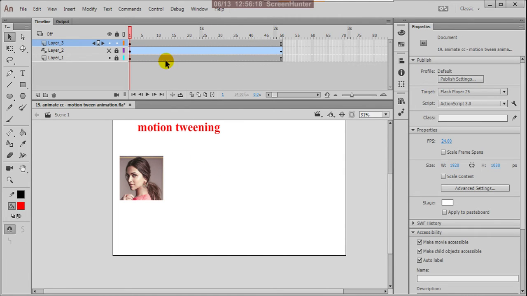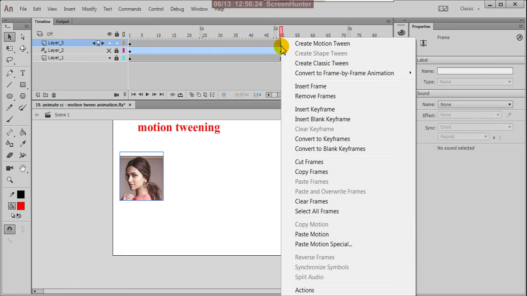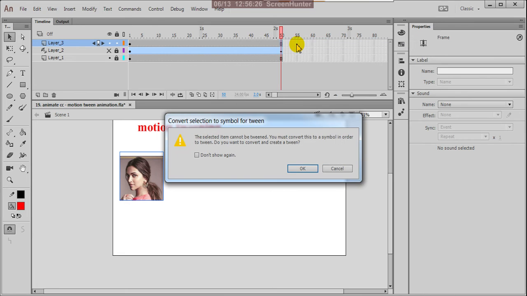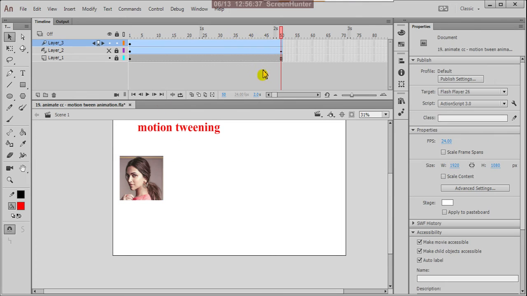Next, the same way I right click here and create motion twin. It is asking to create a symbol, so say OK. Now your image is ready for the animation. It is symbolized and motion also added.